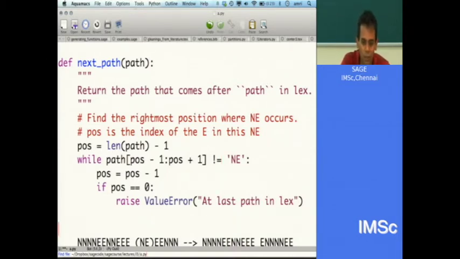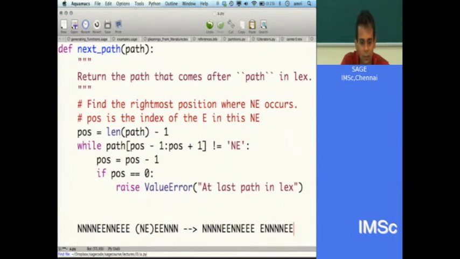Okay, so that should give us the position, and now what should we do? We should take the slice. So this pos is pointing at this E. What we want to do is take the slice.